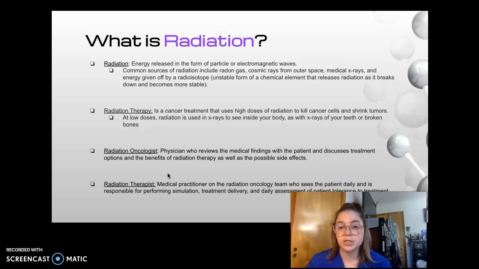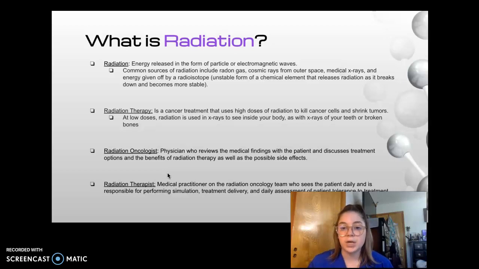When becoming a radiation therapist, there's a few things that you need to know. Starting off with a radiation oncologist, who is the doctor who reviews the medical findings of the patient and discusses what treatment will be beneficial for them with the radiation. In radiation therapy, we're using the high dose of radiation to kill the cancers and shrink the tumor of the